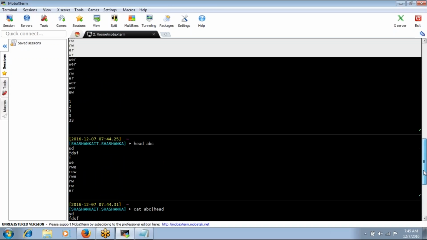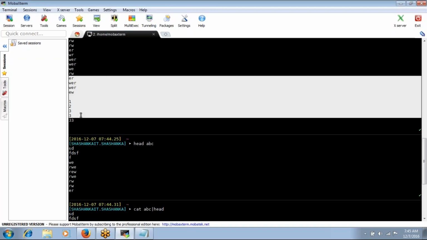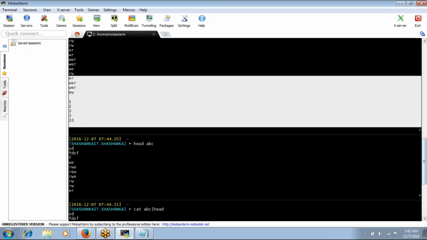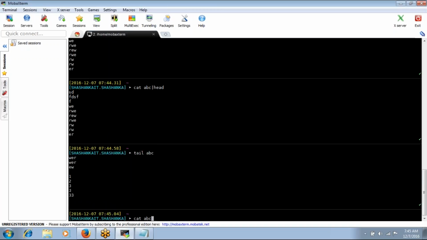So it will check that this is the first line, second, third, fourth, fifth, sixth, seventh, eighth, up to the tenth. These 10 lines will be displayed. You can use cat abc tail, which will display the last 10 lines. If you use head, it will display the first 10 lines. If you use tail, it will display the last 10 lines.